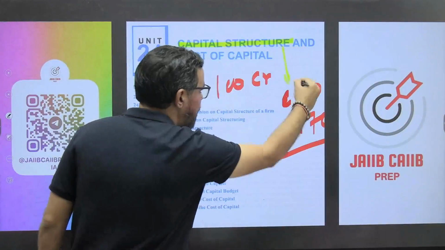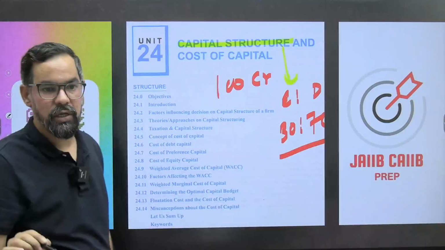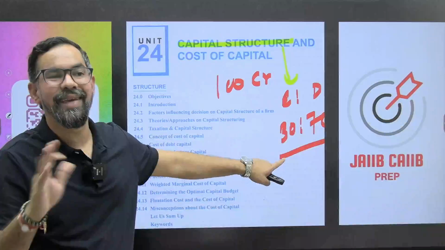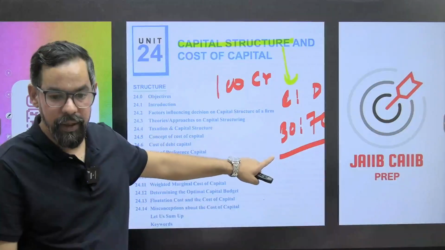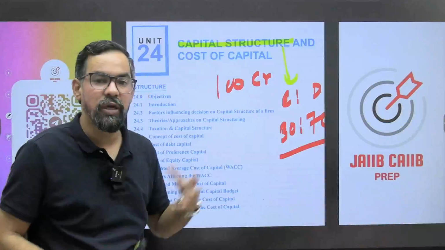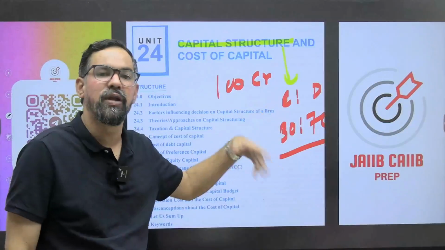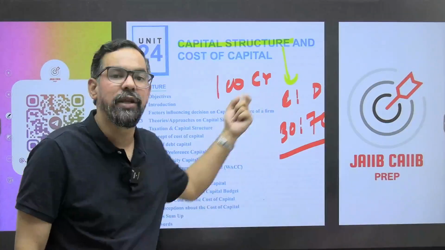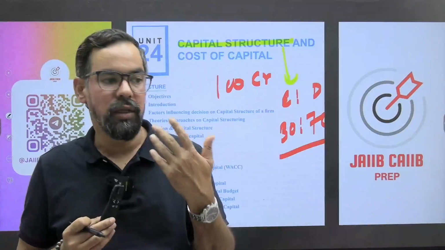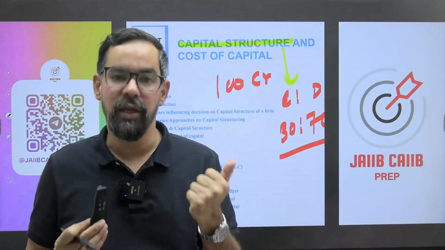This is your capital, your company's capital structure. Now, how should we define the optimal capital structure for our company? That is what we are going to discuss in this one. So what should the ratio be, 30-70, or 50-50, or 80-20? For that we have theories, the most popular being the net income theory, by David Durand,